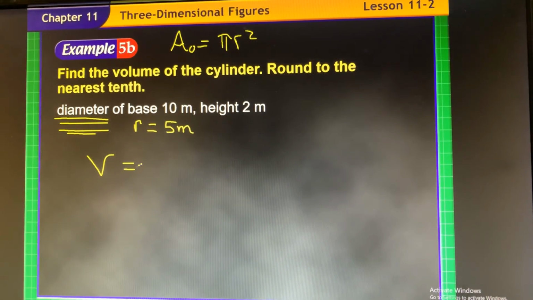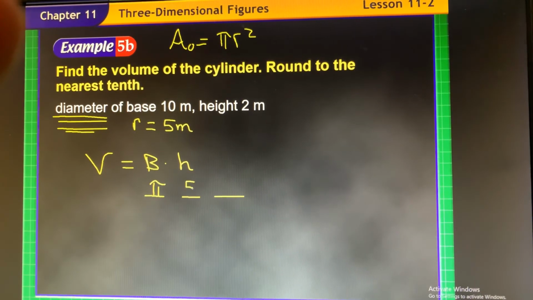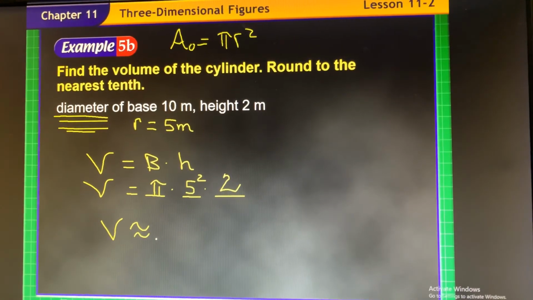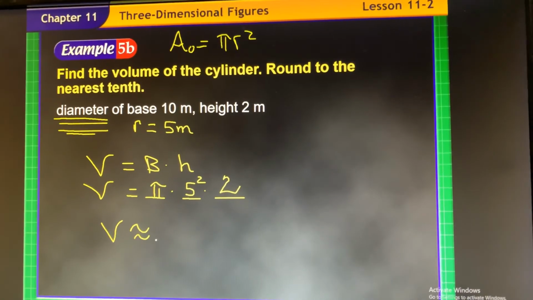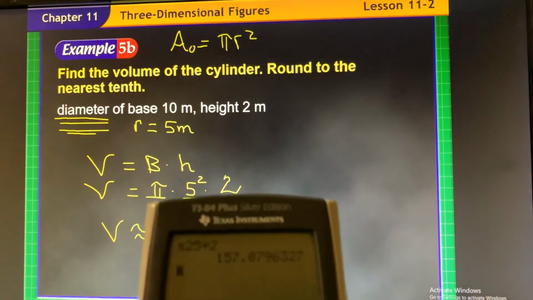So volume is equal to area of the base times the height, 3 lines, pi r squared times 2. Volume equals, volume is approximately, did I write that on the other one? Remember, pi is an irrational number, so I can't have an exact number here. So when I do this problem, I want to make sure that I say approximately. I'm not sure I did that in the last one. You want to make sure that you do that. So pi times 25 times 2, don't say times 10. This is 5 squared, not 5 times 2, 5 times 5. So you're going to get, if you look at your calculator,